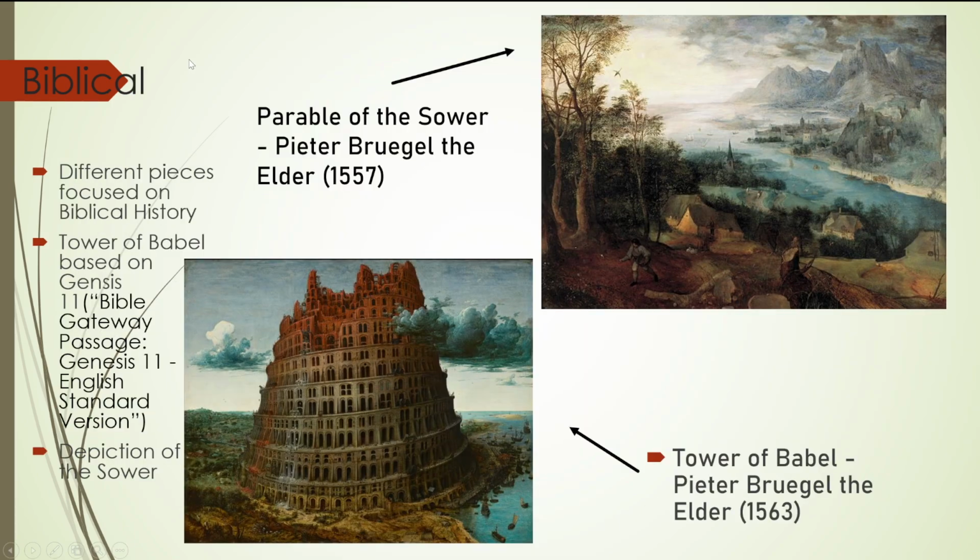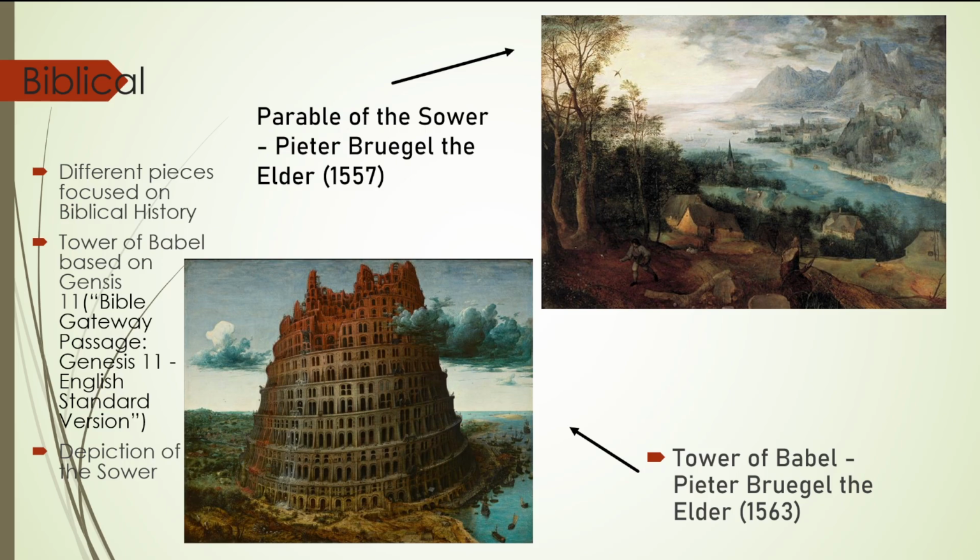Next, I want to talk about his biblical art. Now, there are two pieces that I want to cover: the Tower of Babel and the Parable of the Sower. I'm going to start with the Tower of Babel, going from the oldest piece to the newest piece when it comes to the history it's based on. So, the Tower of Babel, he created this art piece in 1563, but the Tower of Babel has quite a significant past from the Bible, going all the way back